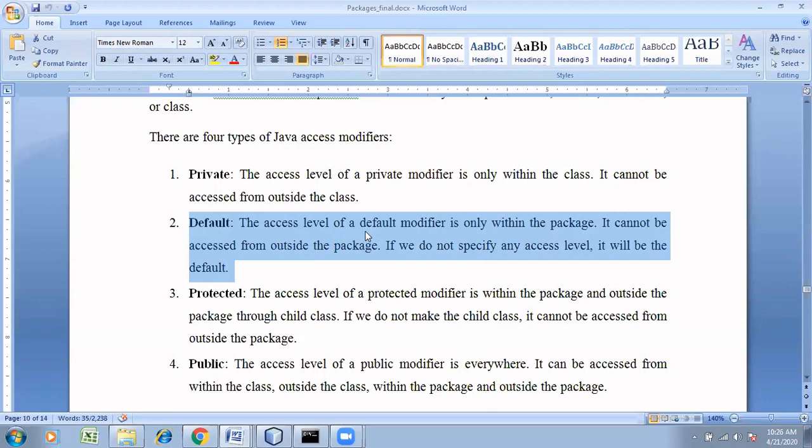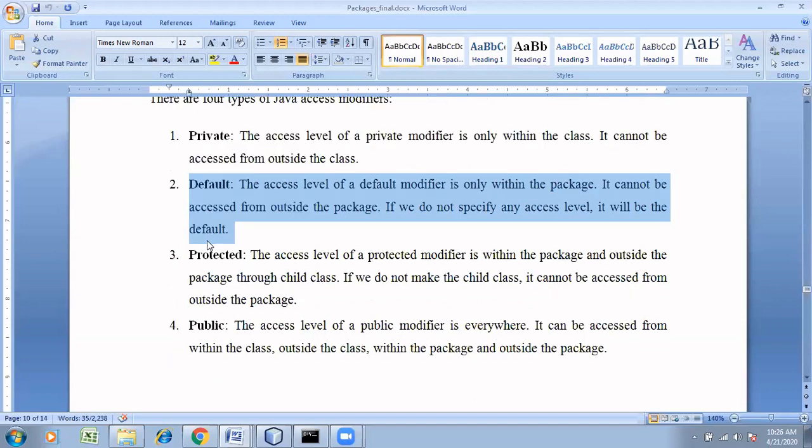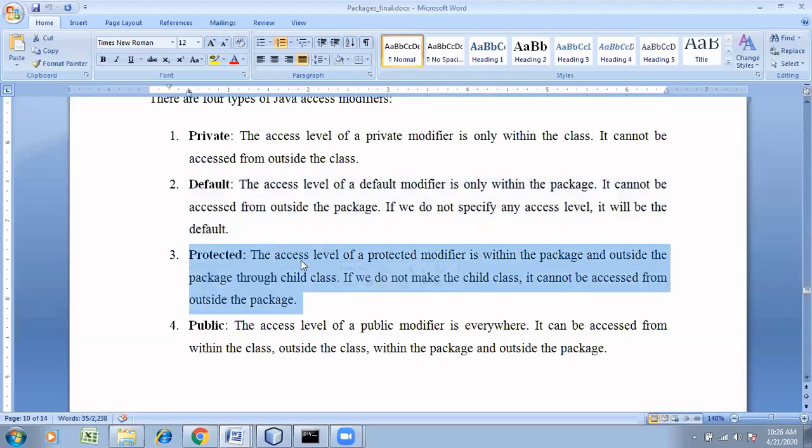It cannot be accessed from outside the package. So if we do not specify any access level, it will be default. Then protected: the access level of a protected modifier is within the package, and outside the package it is through child class.